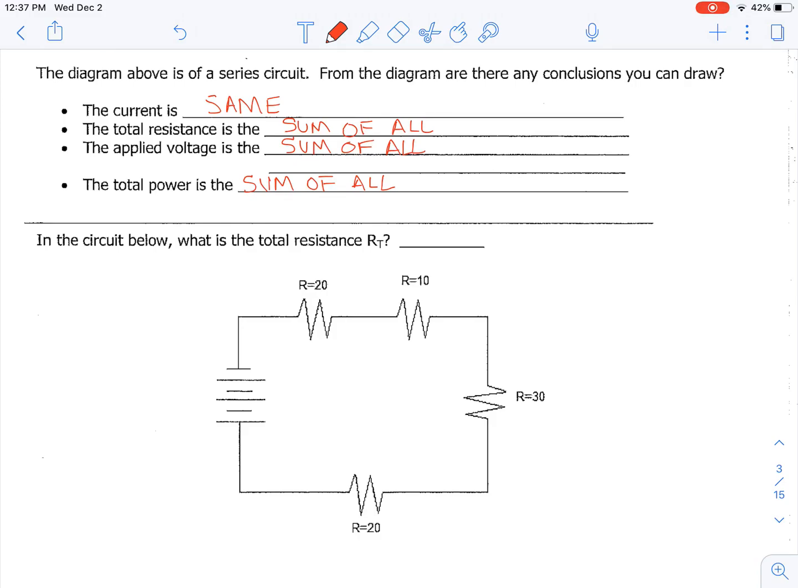So the question says, what is the total resistance? So out here at the power source, the total resistance from up above says it is the sum of all of the other ones. So we add all of these together to get the resistance that's out there at the power source. So I get 80